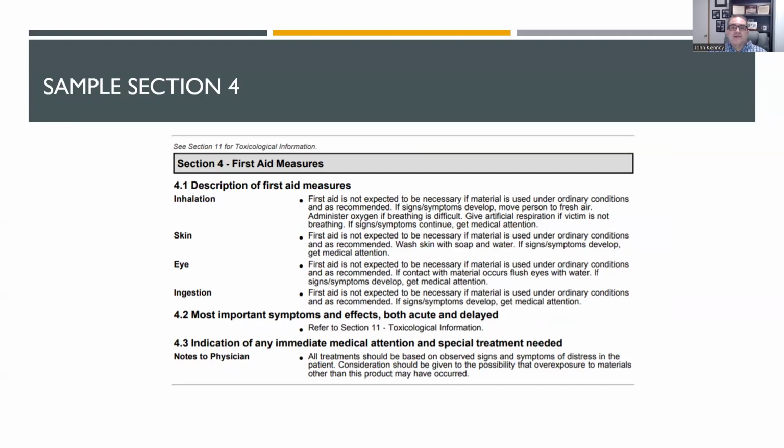Inhalation. First aid is not expected to be necessary if the material is used under ordinary conditions and as recommended. If signs, symptoms develop, move person to fresh air, administer oxygen if breathing is difficult, give artificial respiration if victim is not breathing. If signs, symptoms continue, get medical attention. So again, it's telling you what to look for, what to do, and how to do it underneath first aid